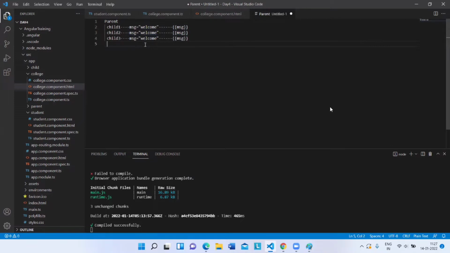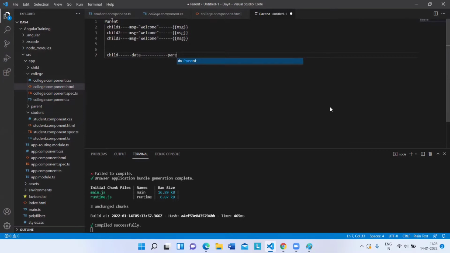So now what I want to do is, I don't want the child to do this particular task. I just wanted this particular task to be done by the parent. So what exactly is the child doing? The child is sending that particular information to the parent, and the parent wants to greet it. Then the parent wants to send the message. So from the child, I am sending the data